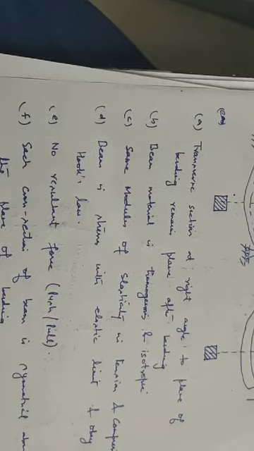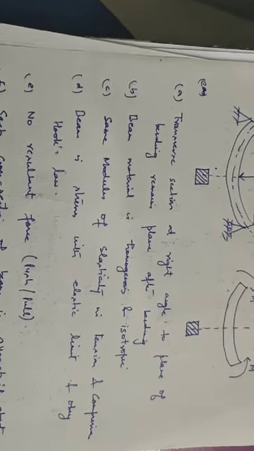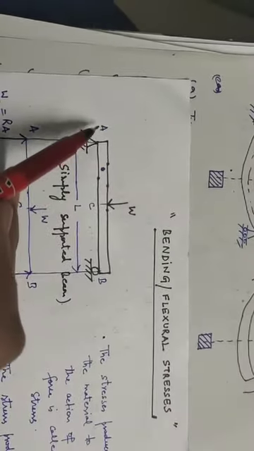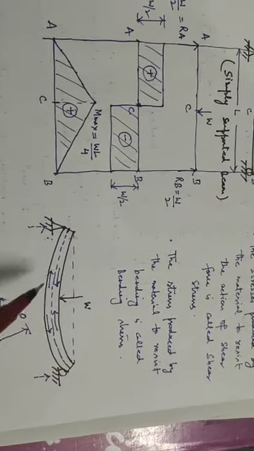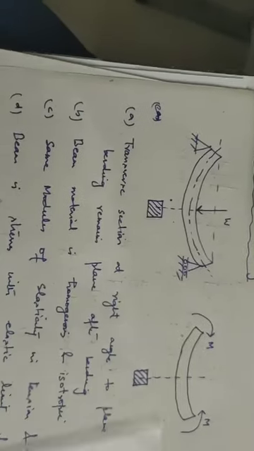Now loads are applied in the plane of the bending. Radius of curvature before bending is very large. यानी कि बेंडिंग से पहले जो बीम का रेडियस ऑफ कर्वेचर है, और बेंडिंग के बाद तो कोई कर्वेचर बनेगा बीम का रेडियस, but before bending the radius of curvature that is very large.